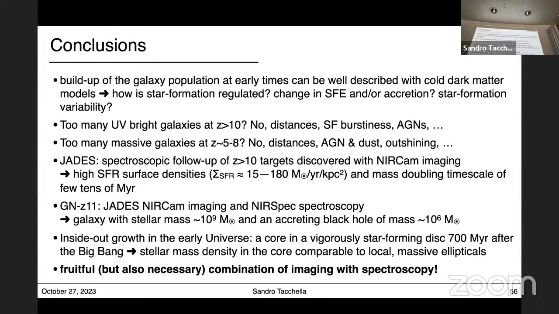Yes. Yeah, so no, unfortunately not, is the short answer. In the sense that I extracted the SED and I fitted the SED, and it can be consistent with being something close to GNC11 itself, so kind of a merger structure. But it can also be consistent, because the SED is very noisy,